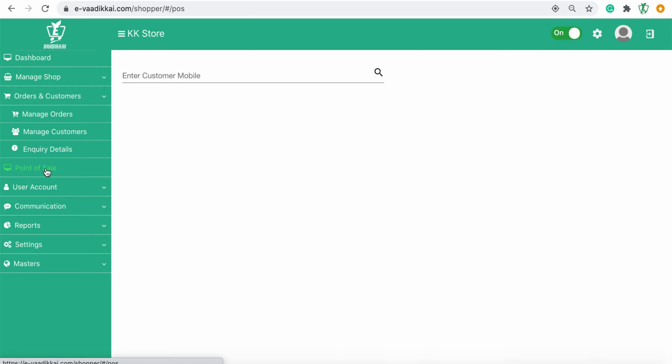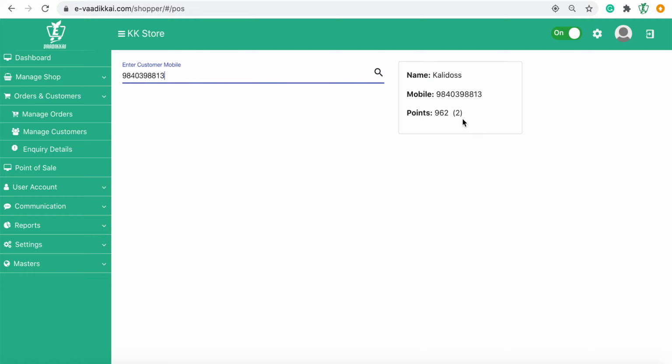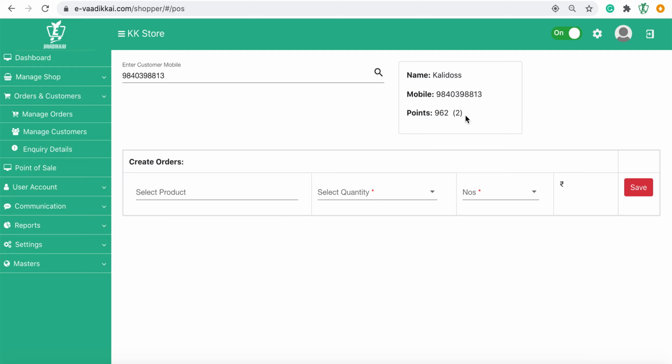If you enter a number, you can see my value. See, my value got increased. I made 2 purchases in the KK store. So you can evaluate the customers, how frequently the customer is purchasing from you. These systems will help you streamline your sales, and offline, online, everything put together, make your customers more user friendly, increasing your sales, everything you can do.